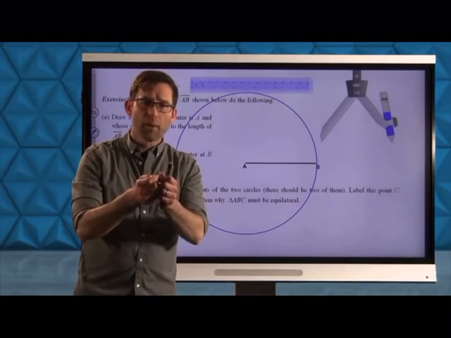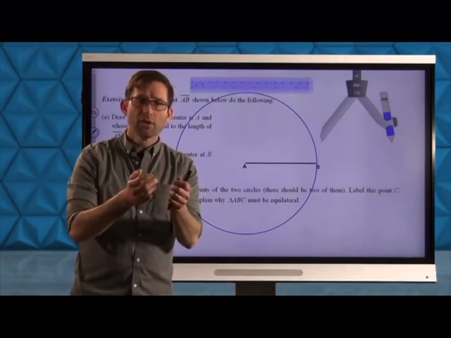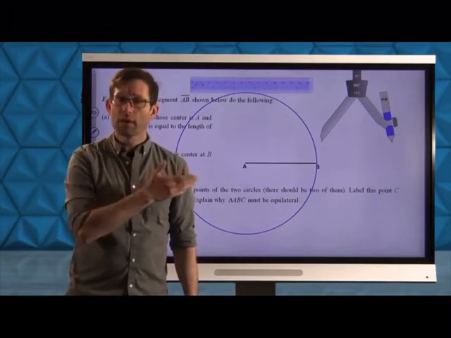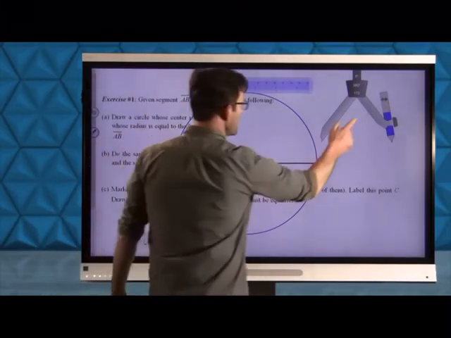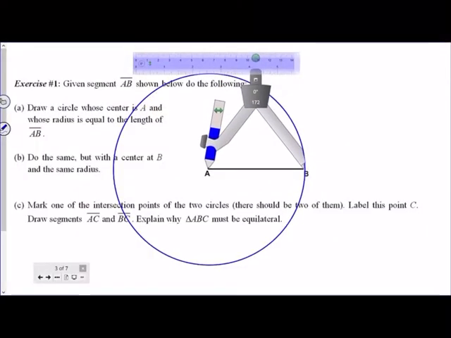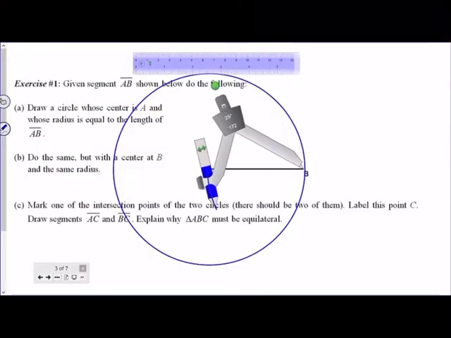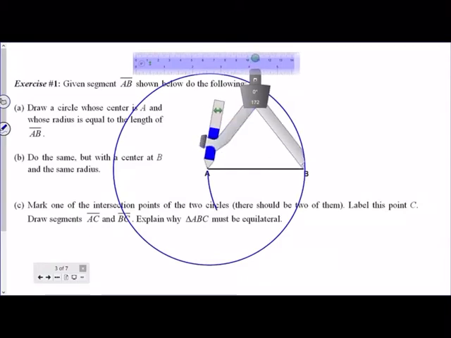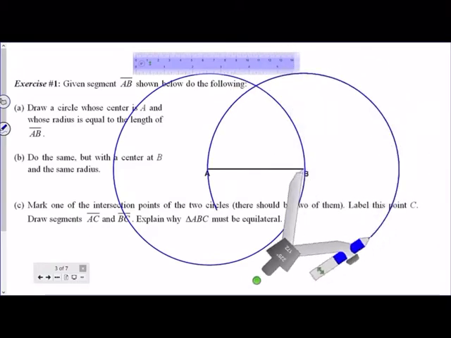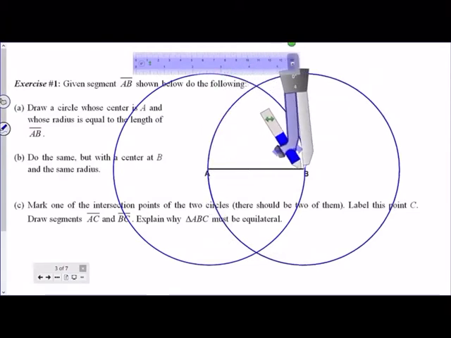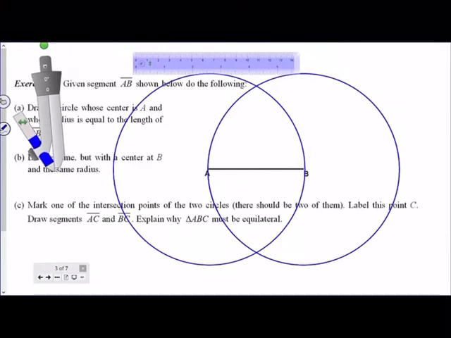Now that can be tricky because you might want to fold up your compass really fast, right? As much as you can, when you're using the same radius more than once, you want to keep the compass at that setting. So I'm going to leave it just like that. I'm going to switch it around so my pointy end is right here. And then I will draw, whoops, and of course I lost it. That was unfortunate. But I'll draw my circle around like that,